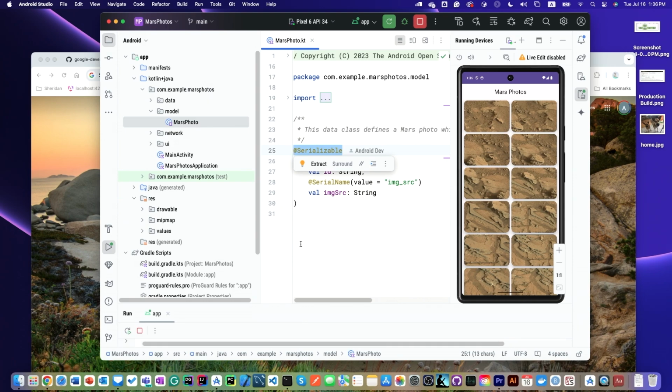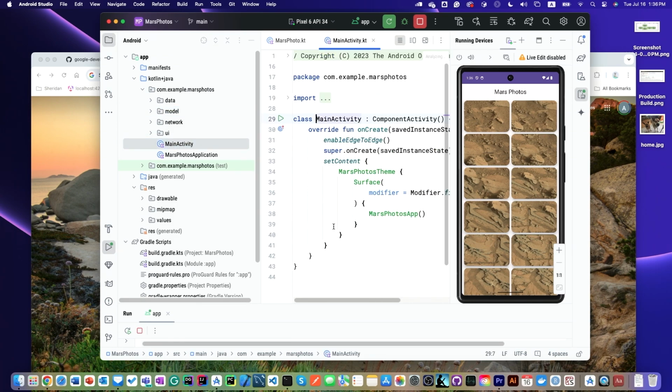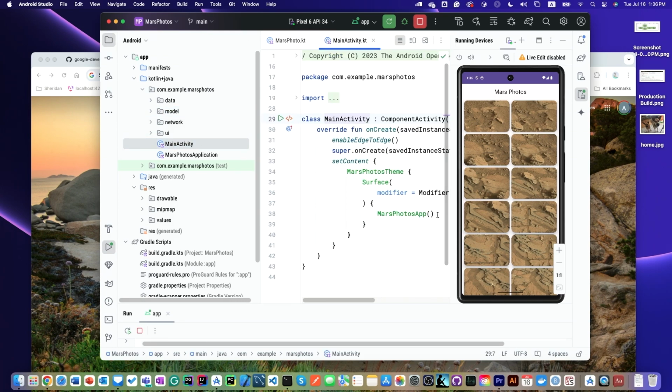If in the future some data format is changing, it won't propagate to other parts of the app. They are definitely not following it. So this is how they retrieve the data, and this is also used to display the data, if I remember correctly. So let's check. In main activity, they call